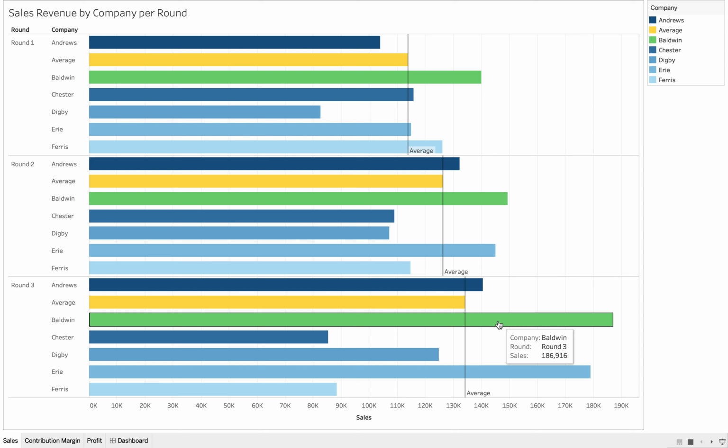So generally, you would think having the most sales revenue, we were pretty happy about that, but that obviously isn't the whole story. There's much more into it, costs and contribution margin and profit and all that, which we'll get into next. So the next